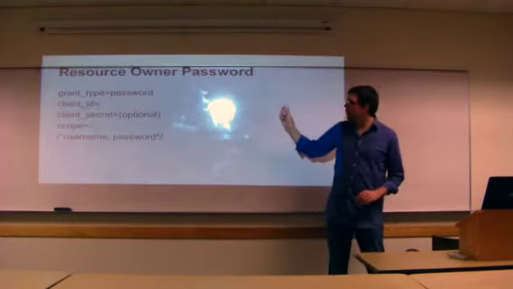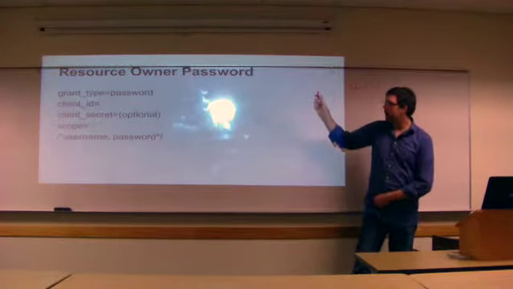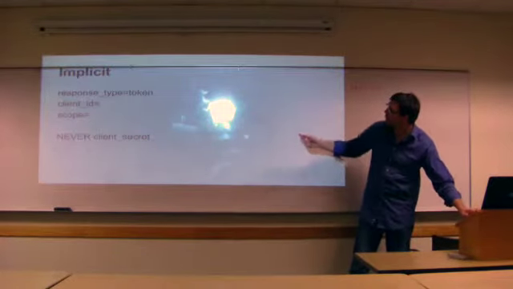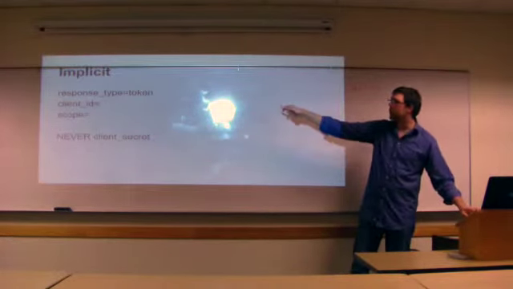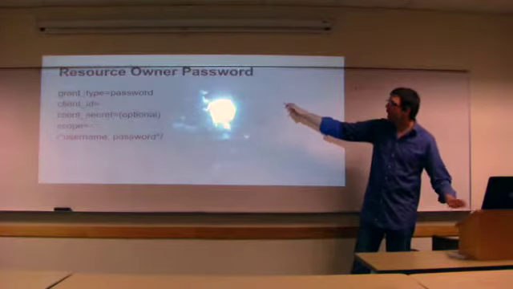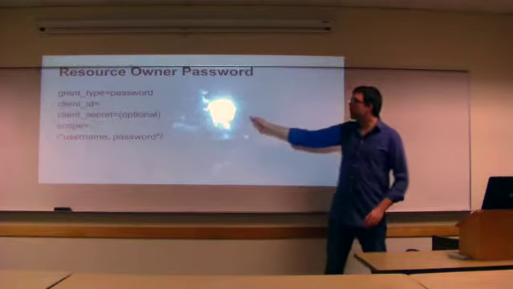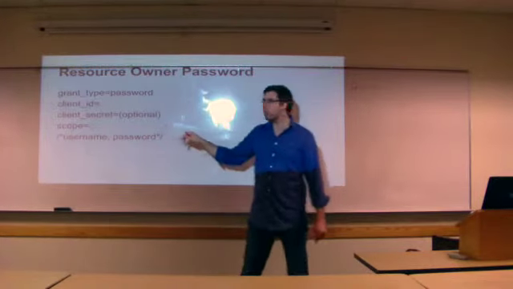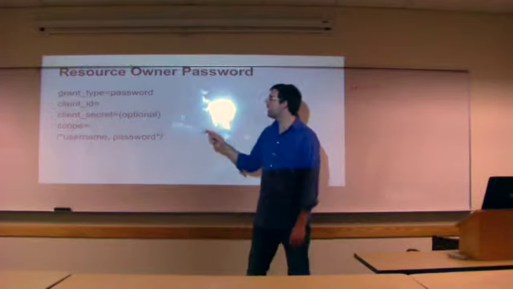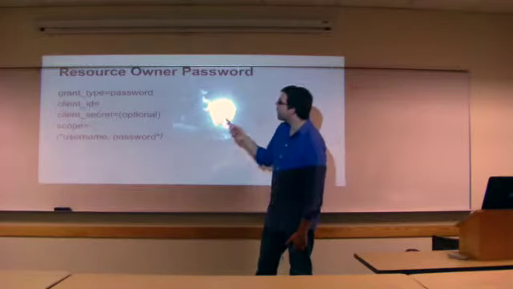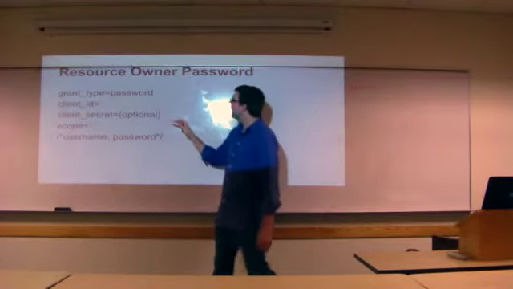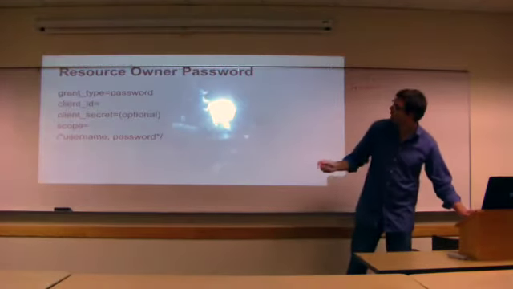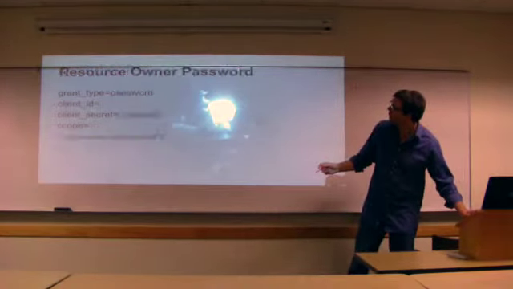All right, so this one, the grant type is called password. For the previous one, I don't know if I mentioned that, you don't do a grant type, you just do response type equals token. And you don't necessarily need to put in your client secret on this one, depending on the implementation. Actually, in this one, no, you don't want to use your client secret. It's optional on the next one. I got these two mixed up, right? Client credentials.